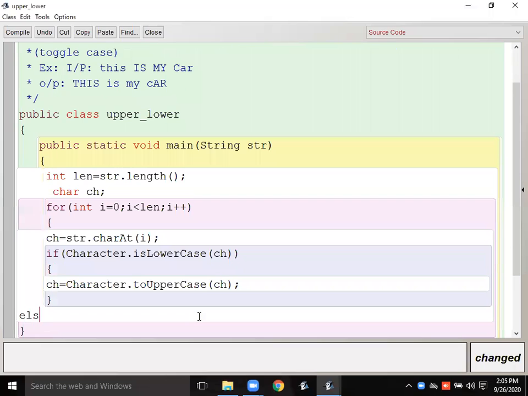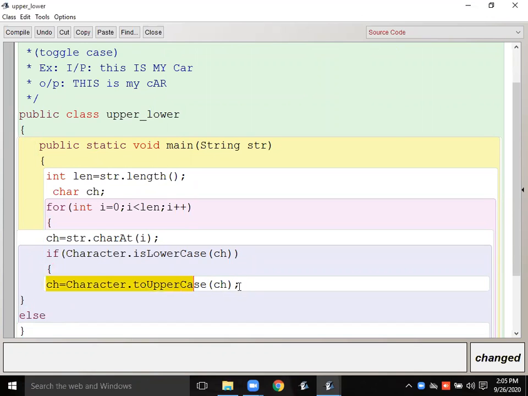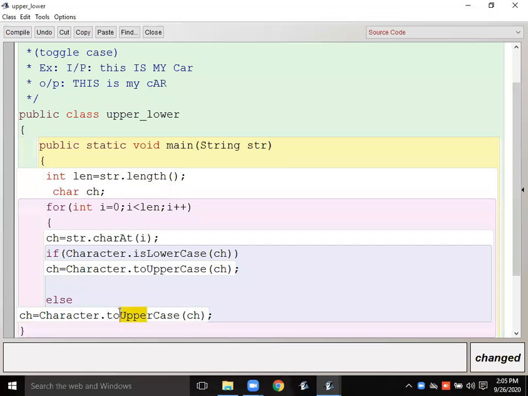Else, and I will add it, join it. Okay, we'll join it after the else. No need to give block else, ch equals Character dot toLowerCase ch.